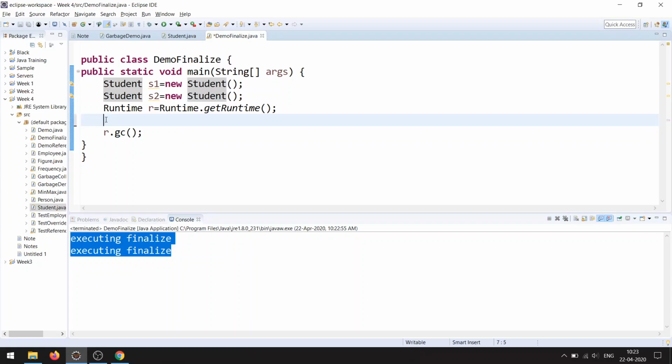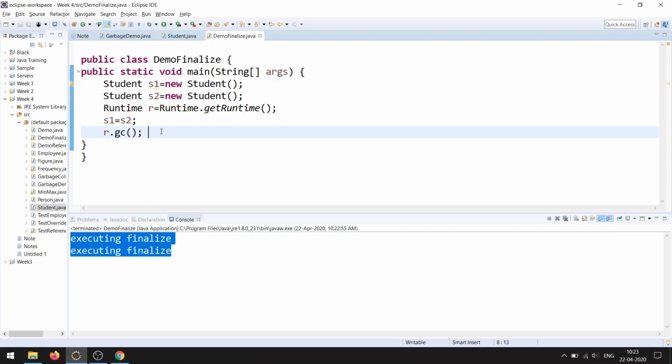Suppose I make a small change: S1 equals S2, right? In that case, the first object is eligible for garbage collection because we are dereferencing it. Why? S1 and S2 are referring to the same object. Now only one object is eligible for garbage collection, so the finalize method is executed only once. We'll look at the output.